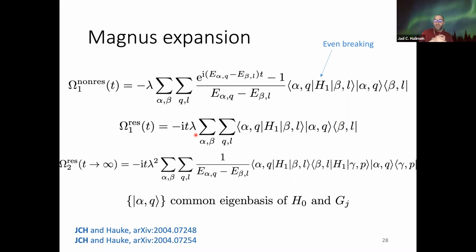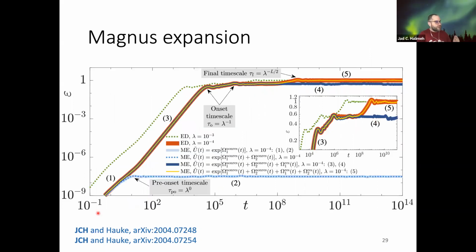This term, you cannot get it in time-dependent perturbation theory because its norm grows as T lambda. However, if we use this to simulate the dynamics, it's actually a time-independent Hamiltonian, because according to the Magnus expansion, the effective Hamiltonian due to this resonant term is simply i omega 1 resonant divided by T. So you just get lambda, blah, blah, blah. And this time-independent effective Hamiltonian will take you out of this, what we call pre-onset plateau, so here, and it will drive the dynamics up to a time scale 1 over lambda, where then this term basically takes us into a plateau.